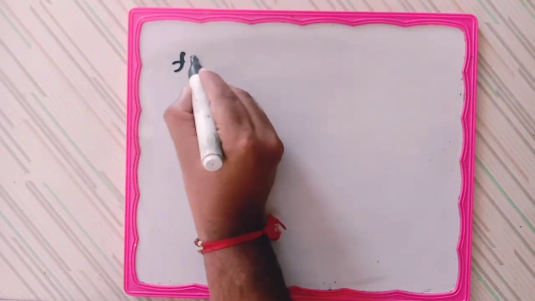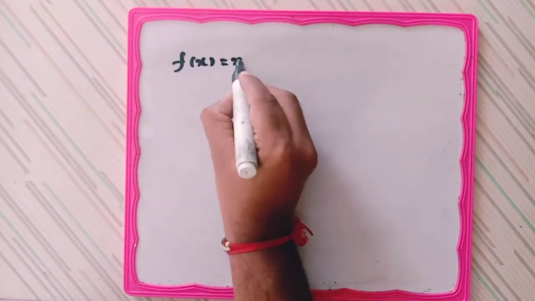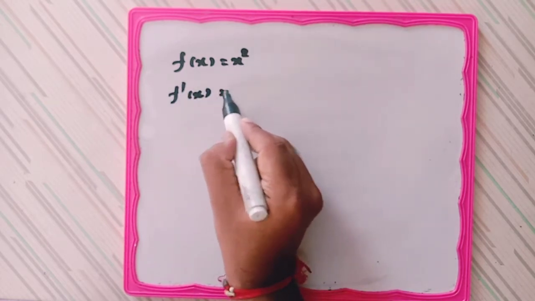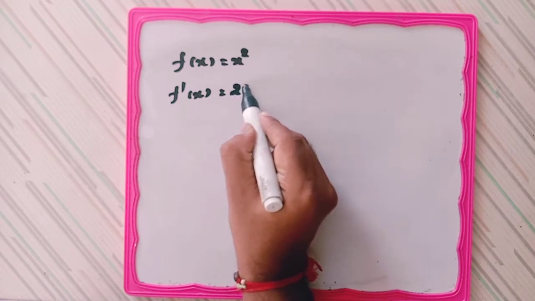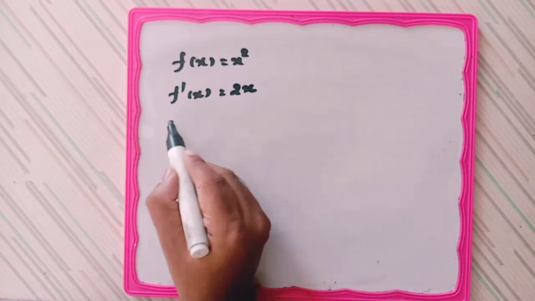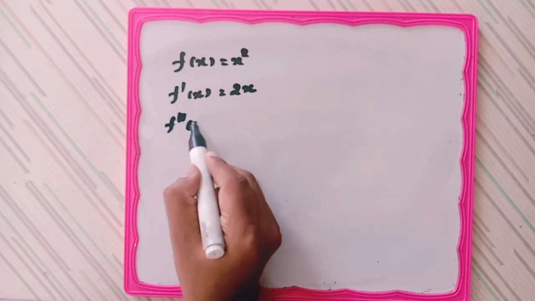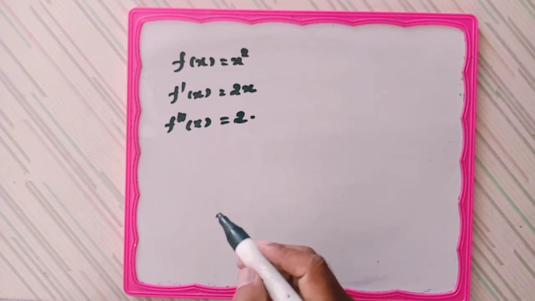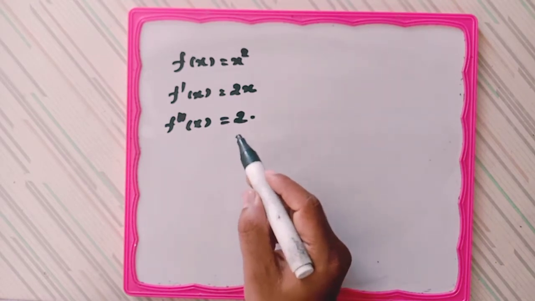We have the question, find the local maximum and minimum values for the following functions. Find also local maximum and minimum values as the case may be. So the first function is given, f(x) equals x square. So we differentiate with respect to x, then it is 2x, and again its derivative we take, f dash x, then it is 2, and so the second derivative is 2.